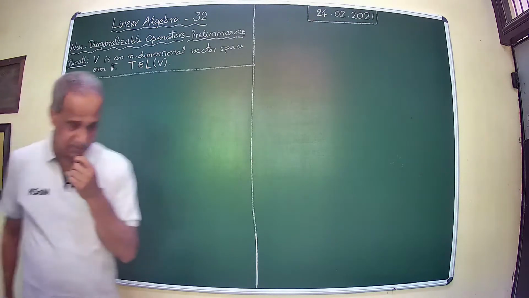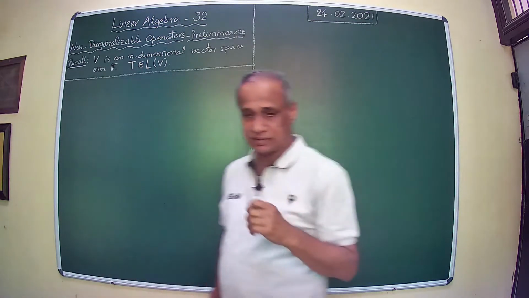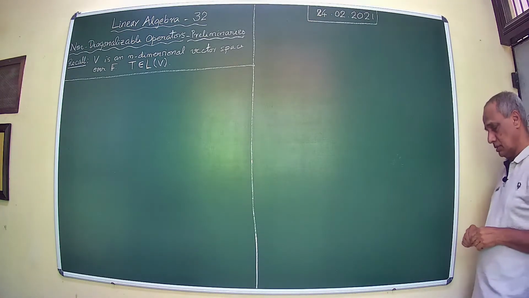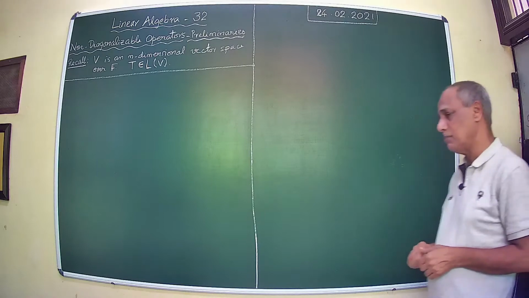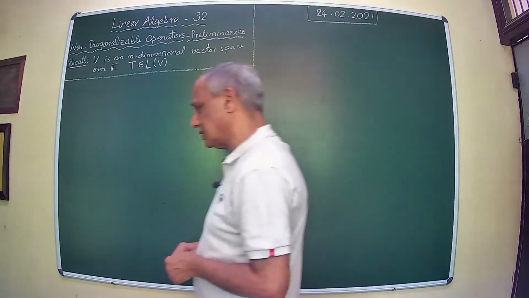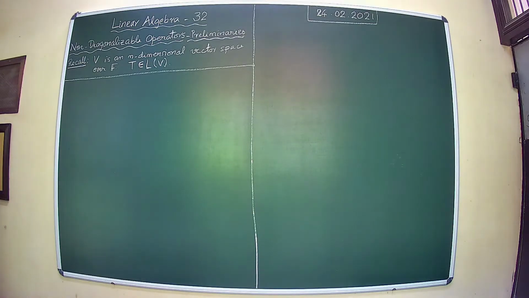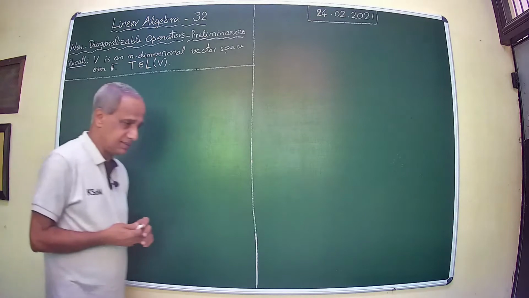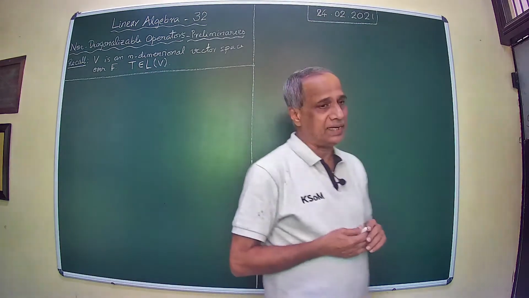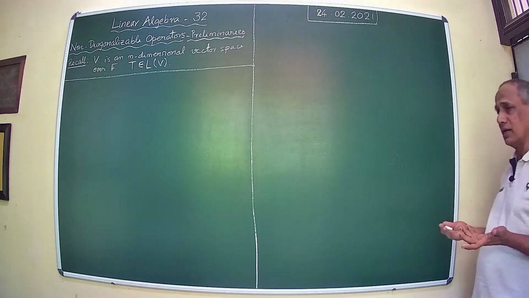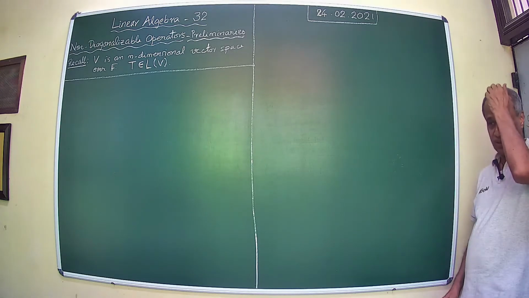We have completed the discussion on diagonalizable operators, and we have also seen some examples where diagonalization is not possible, and that opens the question: how do we handle non-diagonalizable operators? Because there exist non-diagonalizable operators. So how do we handle such